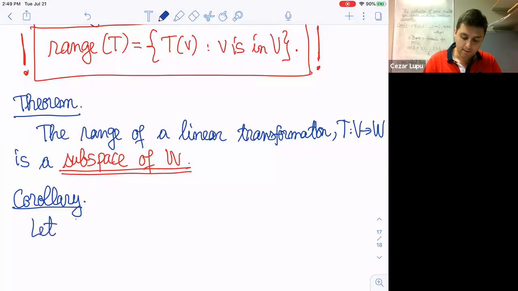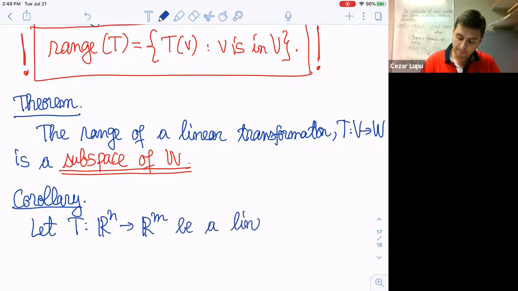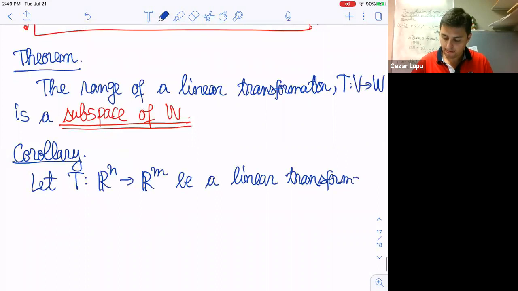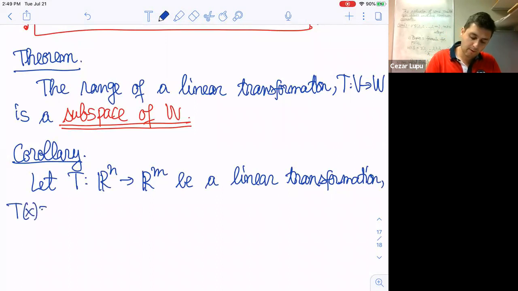Let T from Rn to Rm be a linear transformation, and T of X is given by AX. And then